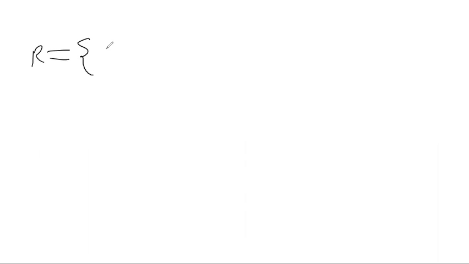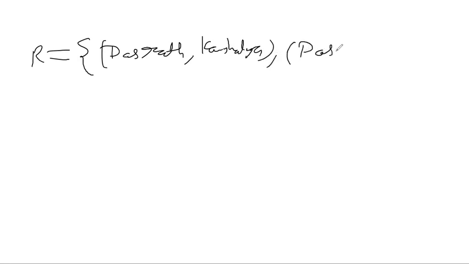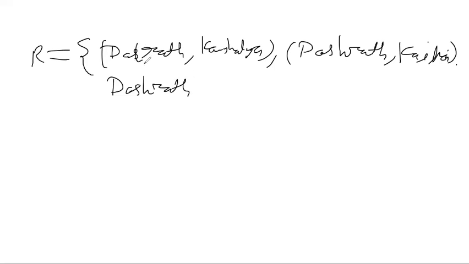R will be equal to, first we will write Dashrath, then he was husband of Kaushalya, then again we can write Dashrath, he was husband of Kaikai. Then again we can write Dashrath, Sumitra,